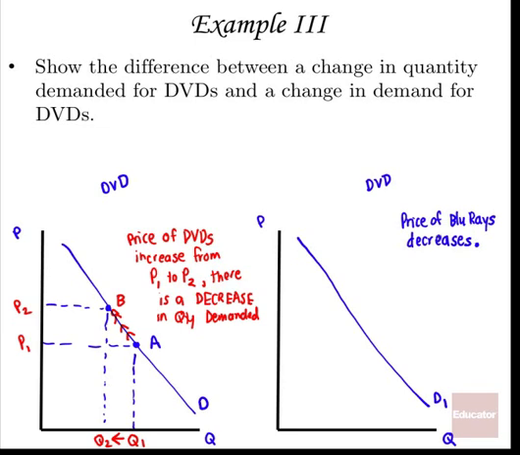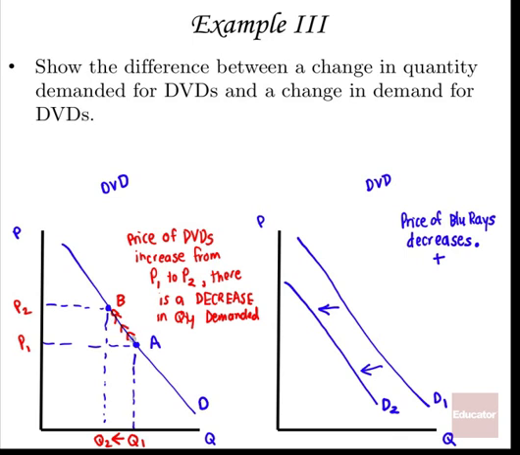Well, if the price of a substitute decreases, there's a positive correlation. So if it decreases, then it's also going to decrease here. The demand for DVDs will also decrease. The logic being with a lower price of Blu-rays, then the demand for the DVDs, which is a substitute, would also decrease. So notice here, there's actually a shift in demand from right to left here,